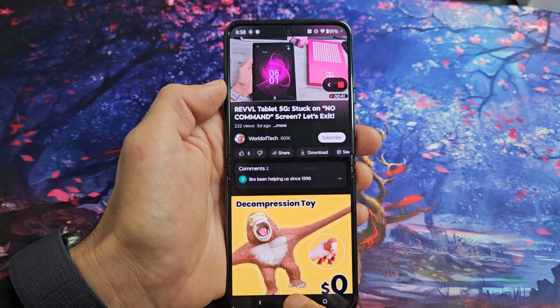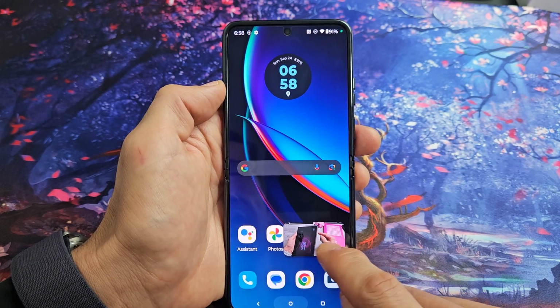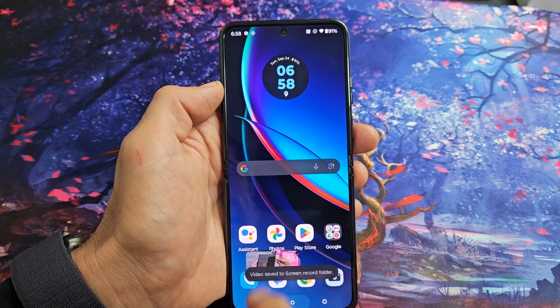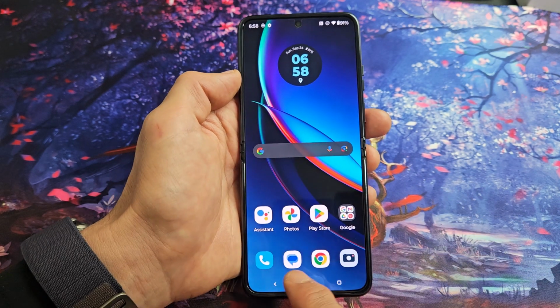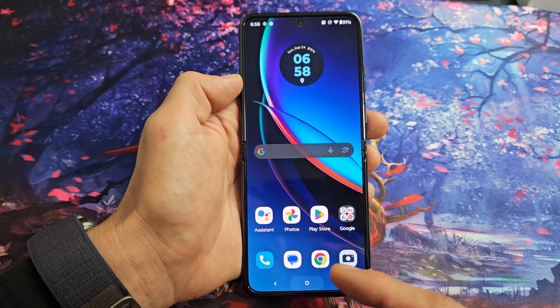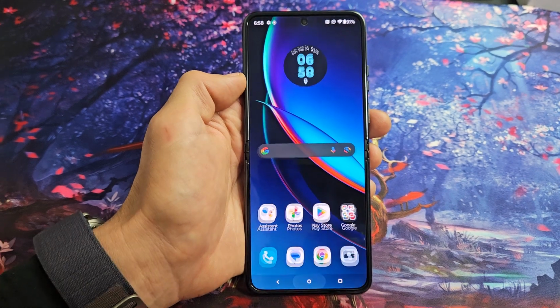First, let me show you, so let's go ahead and stop it. Now you can press on the stop right there. Let's stop right there. Okay, and now it said video saved. Now every time it gets saved, it automatically goes into your Photos app right there. So if I click on the Photos right there,